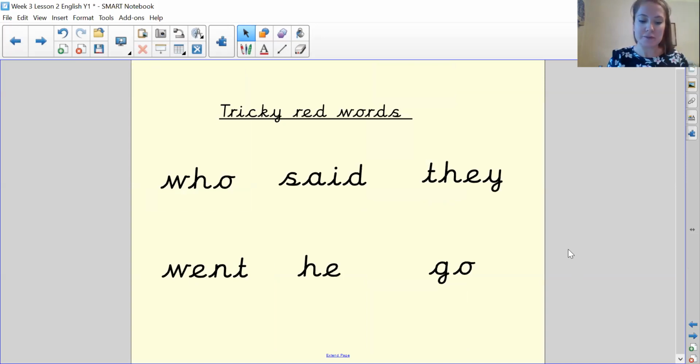Let's have a look at some of our tricky red words. So can you remember what tricky red words are? Did you get it? They're words that we can't sound out. We just need to know them. So they're really tricky to spell. So let's have a look. Let's go over them. Our first one is who,